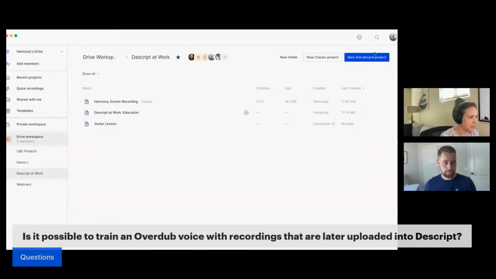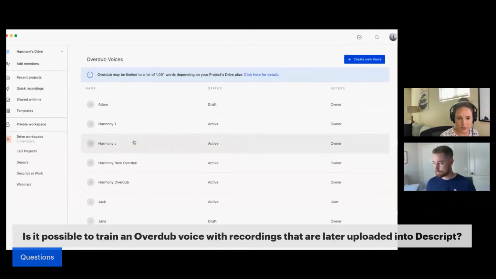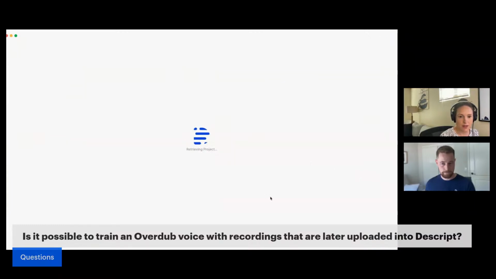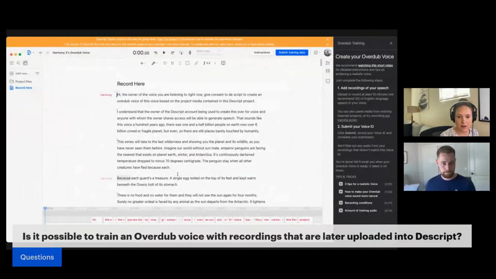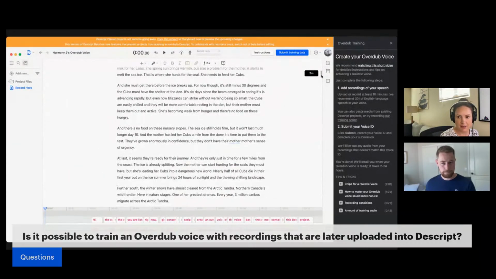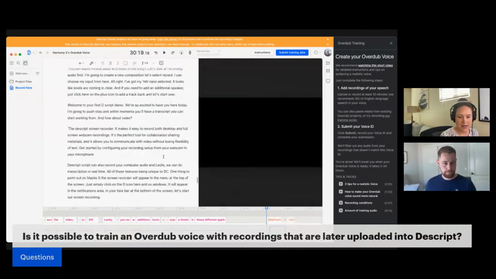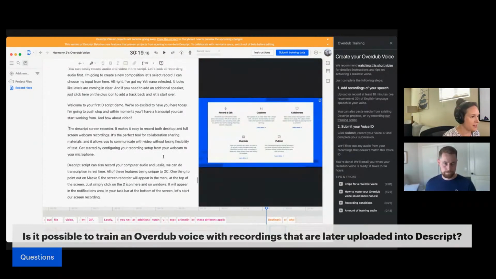And this is a good opportunity to explain how to create your voice. Come up to your initials or your avatar here. I'm going to go to our Overdub voices. I'm going to go to my voice that I've already set up here. And I'm going to open up the training. And from here, all I need to do is add this in, just paste it in. Otherwise, drag a file in, a video, audio of your voice, it'll transcribe,